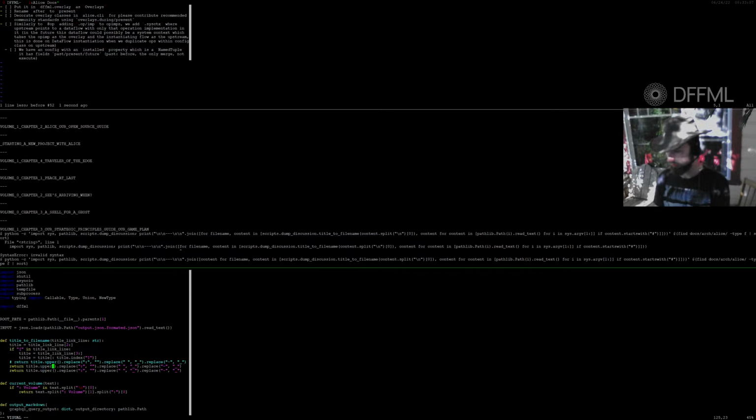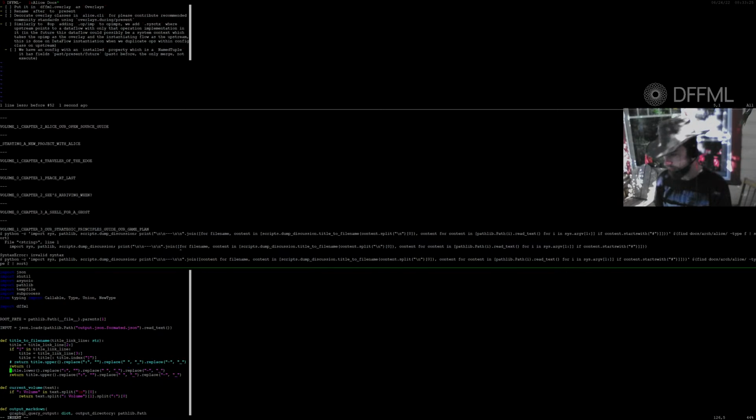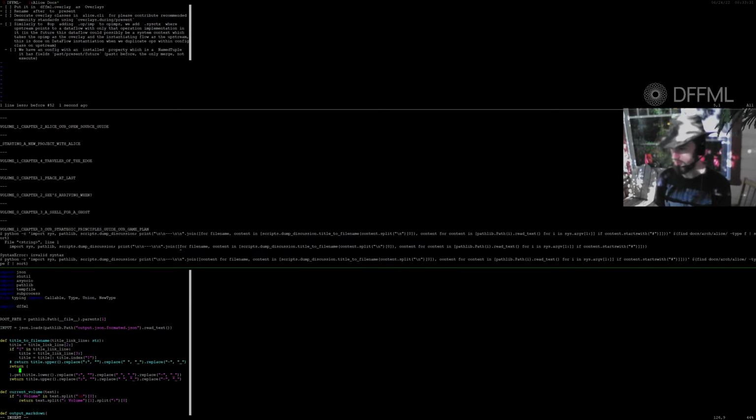Okay, so we don't care about the upper. We actually want to lower it because we're making a file path. And we want to get the